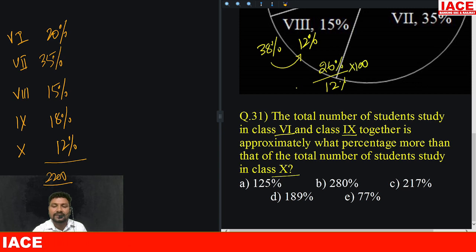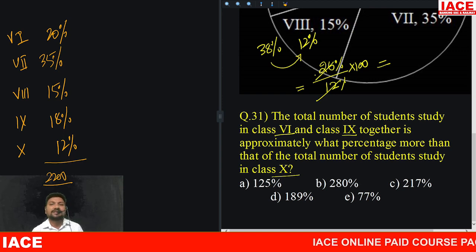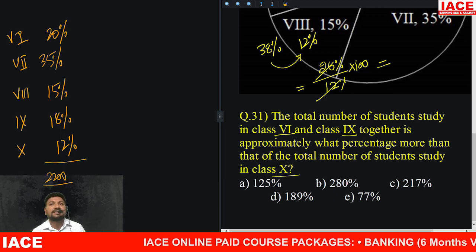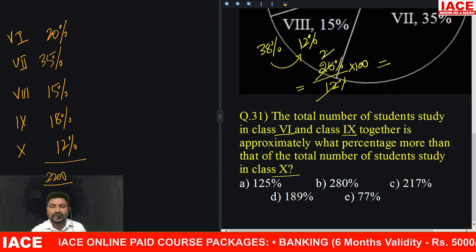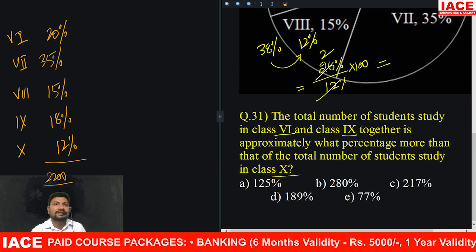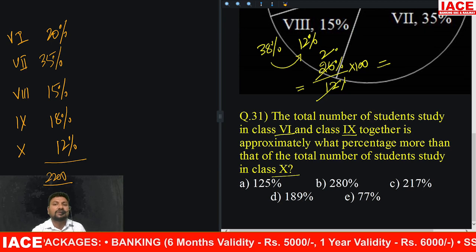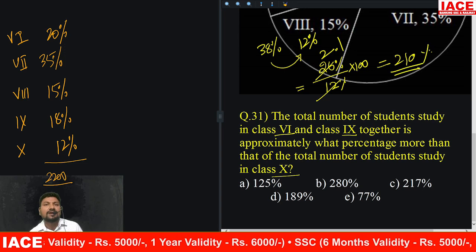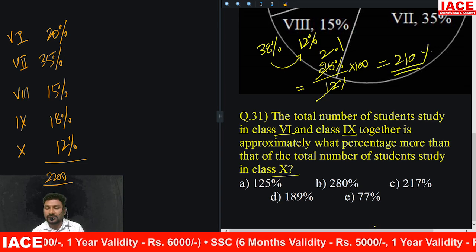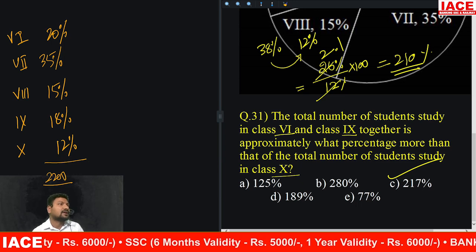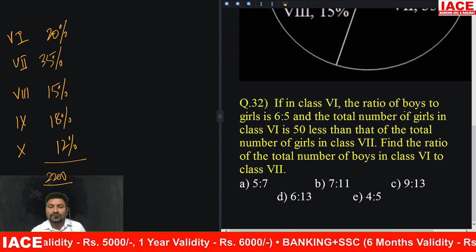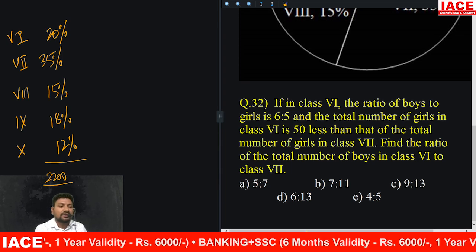We need to multiply the percentage by 100. 12 to 24 is 2 times. 2 times means 2 into 100, 200%. The answer should be nearly 200% and more than 200%. Then from 12 to 24, the remaining is a decimal, which is 1 point 20 in 21 point. That means the answer is approximately how much percentage? 210%. Approximately 210% means exactly how much percentage? 217%.